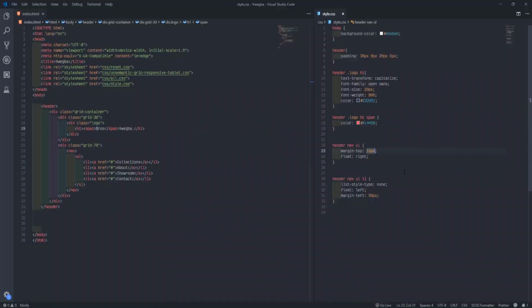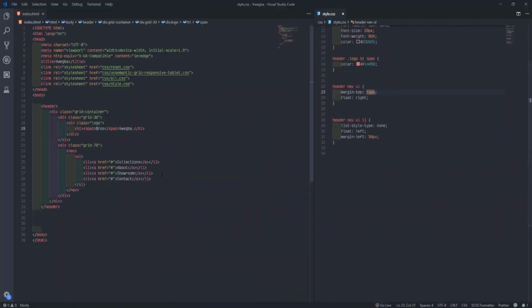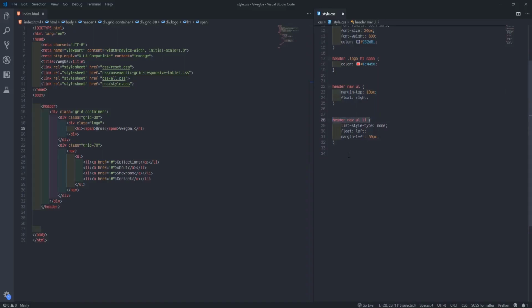Alright, so the next thing we need to do now is target this anchor tag so that we come out of this line, where it's like a button, and then we'll change the font and the color. So I might just copy this one for you now. I'll say A. So we'll say, enter this header, look for this nav. When you see nav, enter the UL, enter the LI, then target the A. So when we see this A, the first thing we'll do is say display block. We might not really need this one, but we'll leave the display block.